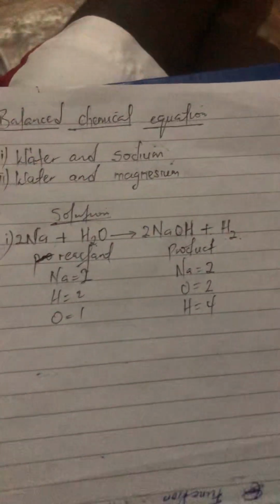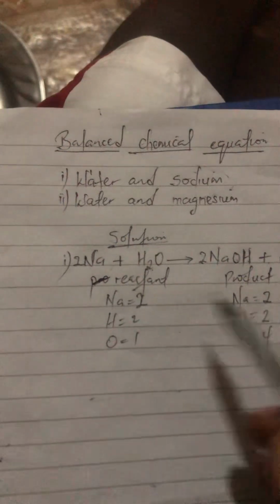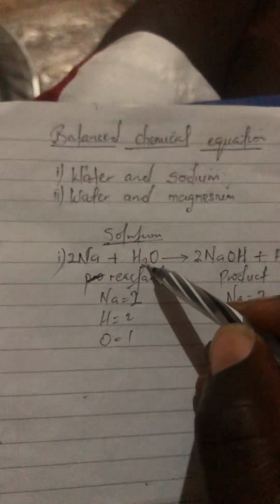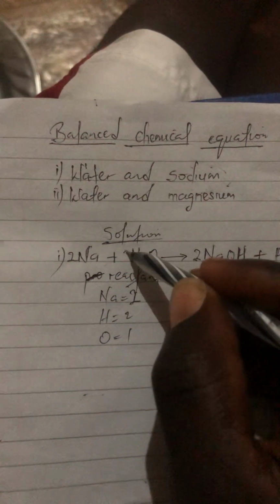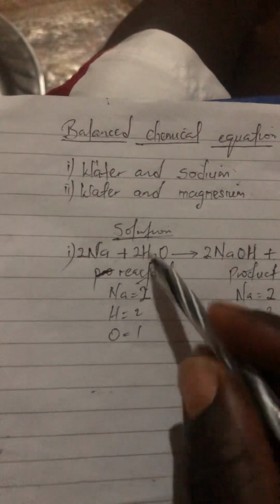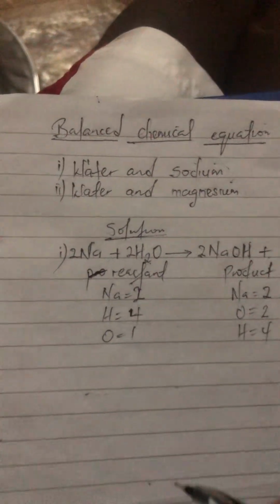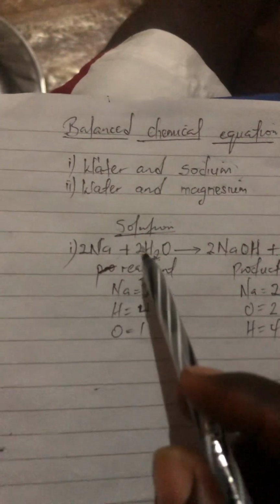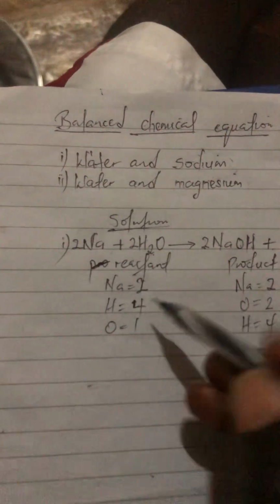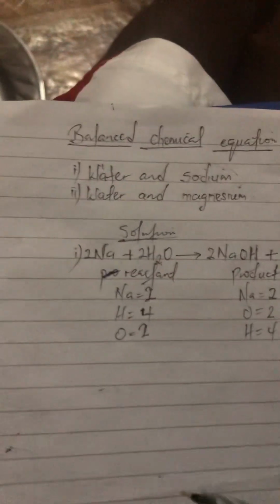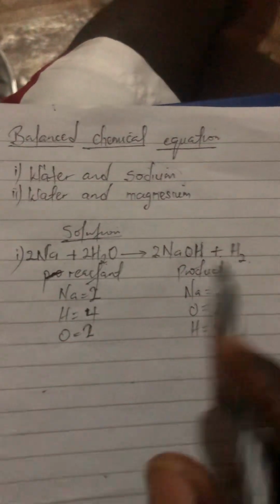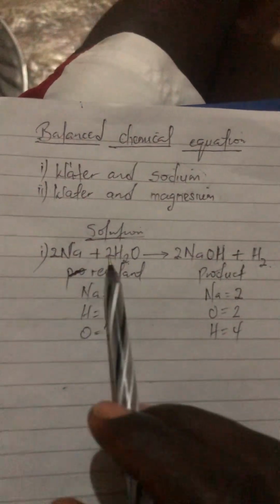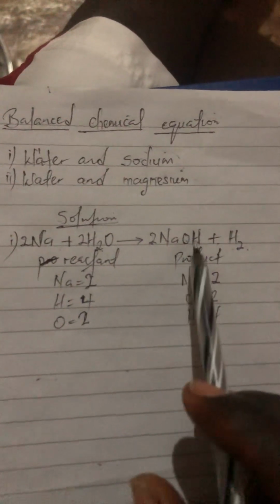Then we'll change this. Sodium is now going to be 2, and then since hydrogen is 4 here, a number that can be multiplied with 2 to have 4 is 2. So we have 2 times 2 gives us 4. So now hydrogen is also 4. Now oxygen here is 2, and this 2 is going to multiply oxygen, then we have oxygen is also 2. So this is the balanced equation. When you react sodium and water, you are going to have 2Na plus 2H2O, which will give you 2NaOH